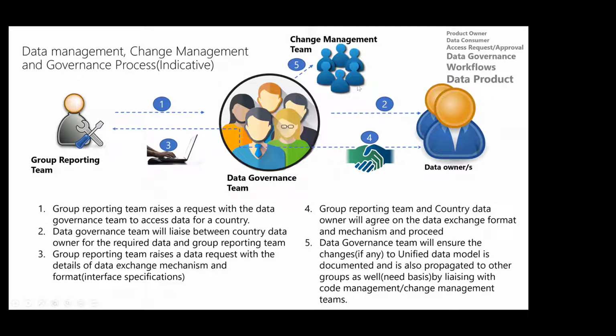If you look at it, it reminds us of a workflow wherein there is an automated way in which we can deal with all these 5 steps, and how we can do that using Synapse, I'm going to talk to you about in a minute. So essentially, there is a process which can be laid out based on which people or the teams can request and access the data which belongs to the countries that they may not have in Group A.